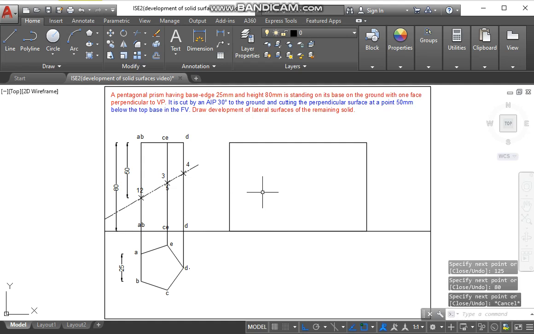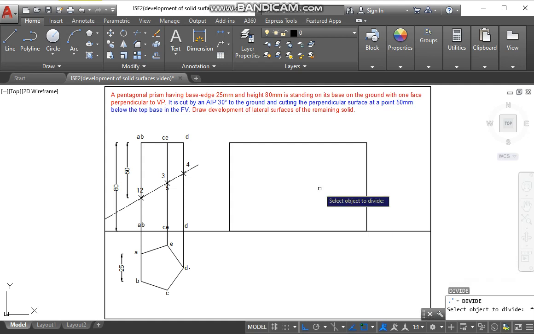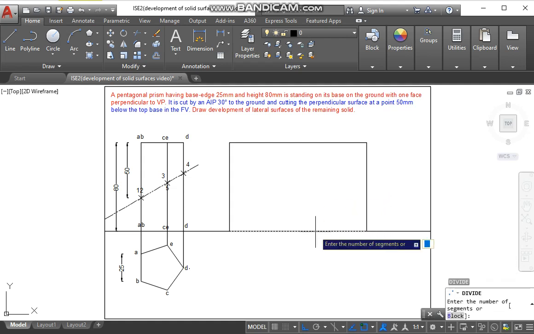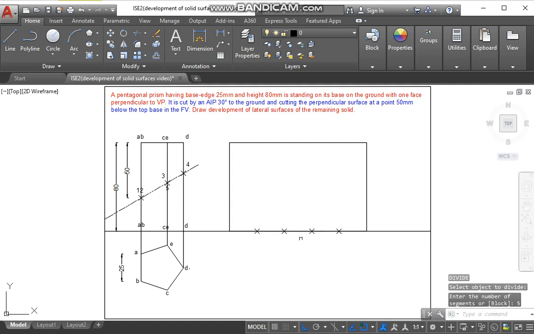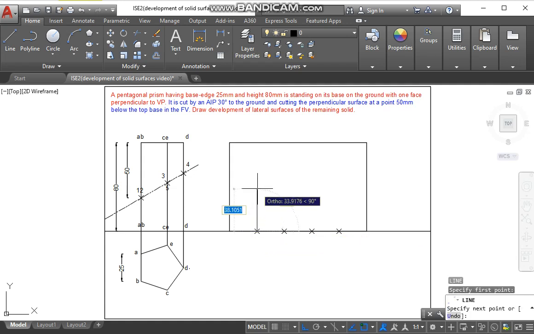So now as it is a pentagonal prism, we have to show the 5 columns. So we will use the divide command. We'll select this line and divide it into the 5 segments, and now we will join the lines.